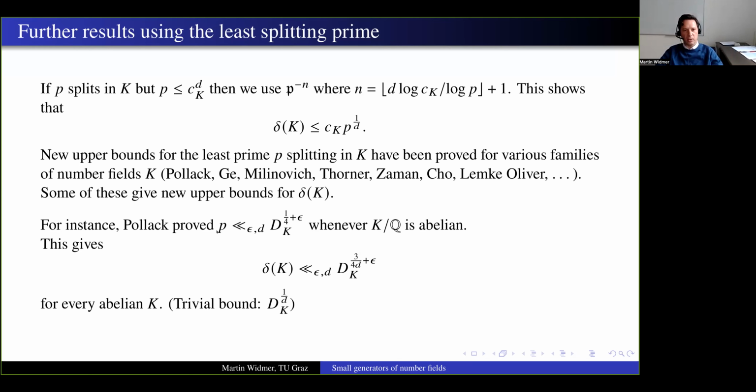Pollack has shown that the least splitting prime in an abelian extension is at most of order d_K to the 1/4. And plugging this in gives you a non-trivial upper bound for the delta invariant with an exponent halfway between the trivial exponent 1 over d and the conjectured bound exponent 1 over 2d. And this holds for every abelian K. All right, so,